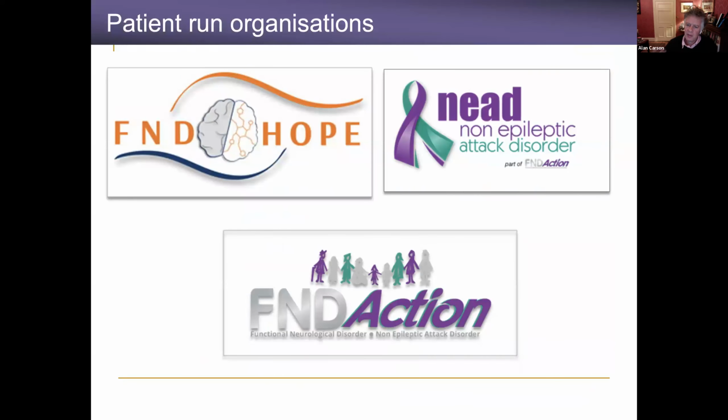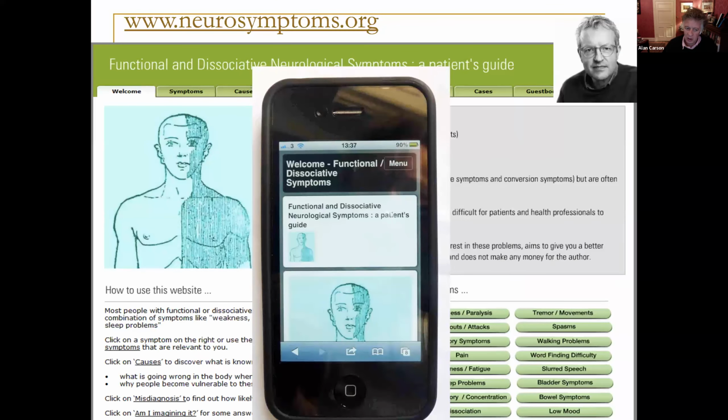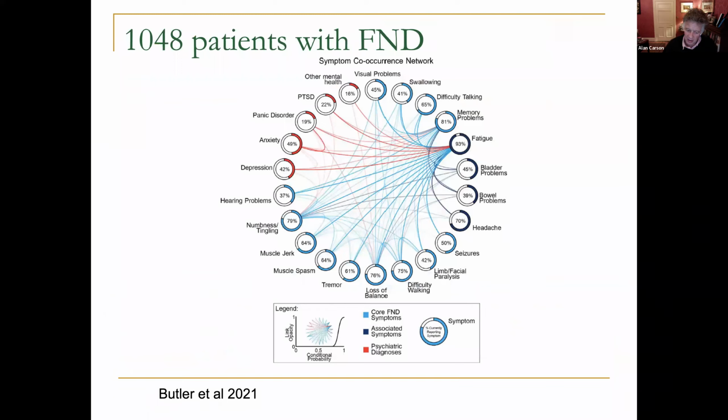But more importantly, we've got patient organizations now. And I want to credit my colleague Jon, who's done a lot of work with these patient organizations to create a model that's both truly neuropsychiatric, involving the reality of the neurology, but also the psychiatry and the psychology. And we've got sophisticated models. And this is just an example, Matt Butler and Tim Nicholson looking at rates of functional disorders, a fairly typical pattern of presentations, complex patients there.